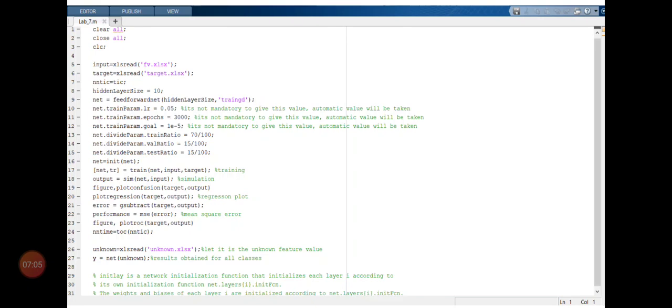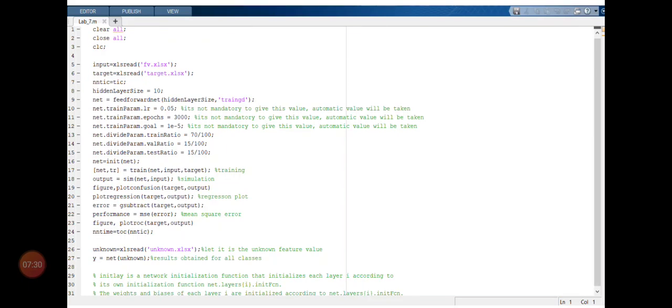Now we have initialized the net, that is line number 16. In line number 17 we are doing the training, line number 18 is for the simulation, and in line number 19 you are going to check the confusion matrix generated by this BPNN code. Line number 20 is for generation of the regression plot.